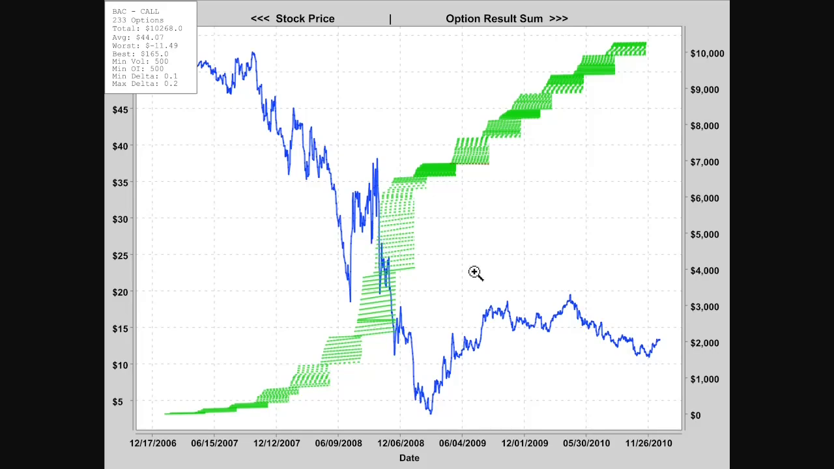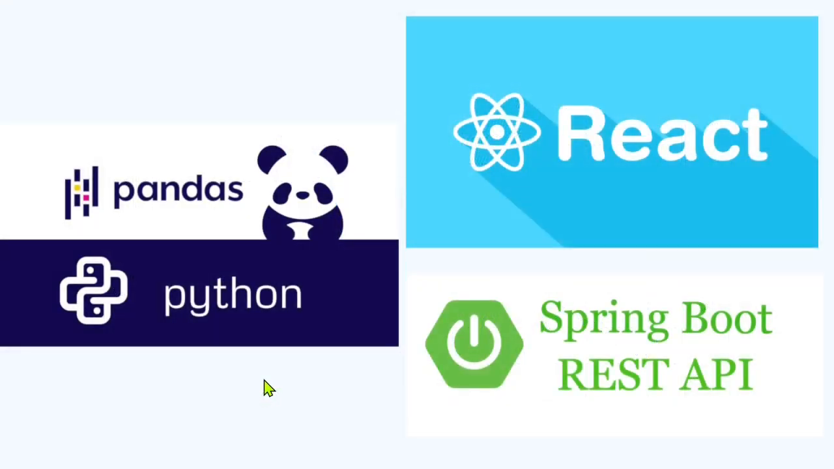Again, this doesn't prove anything other than you probably did okay if you were selling call options on Bank of America during the great financial crisis, and you sold them with a duration of 3 to 4 months and a delta of around 0.15. For the techies and programmers out there, I'll spend 30 seconds on the tech stack used